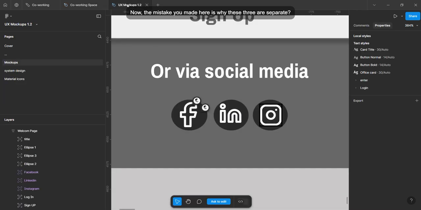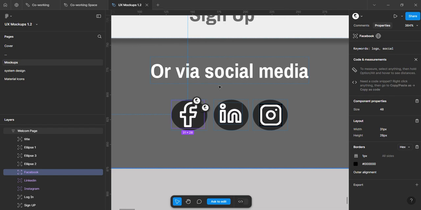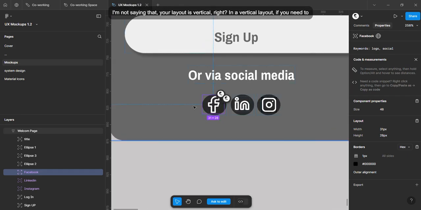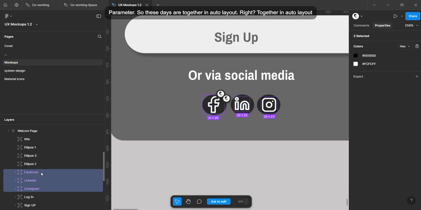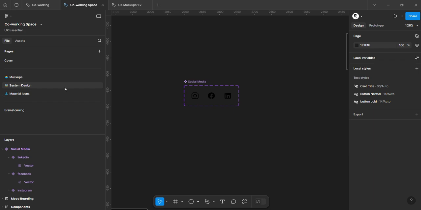अब तुमने जो मिस्टेक किया यहाँ पर कि ये तीनों अलग अलग क्यों। तुम्हारा वर्टिकल लेआउट है ना, वर्टिकल लेआउट में अगर तुम्हें हॉरिजॉन्टल कुछ भी सेट करना है विदिन वन स्पेसिफिक पैरामीटर, तो ये तीनों को एक साथ ऑटो लेआउट में होना चाहिए। राइट, एक साथ ऑटो लेआउट में होता, फिर तुम एक कंपोनेंट, जैसे ऐसा मैं बोल रहा हूँ, मान लो कि ये अब मुझे आइकन सेट करना है।